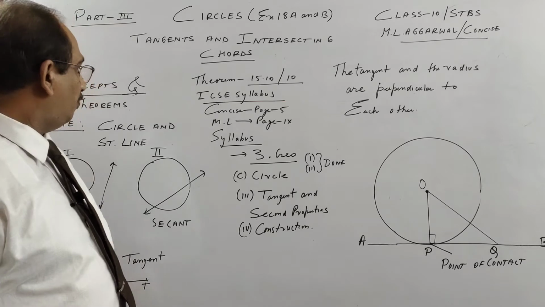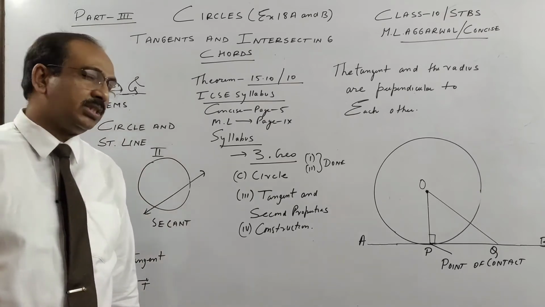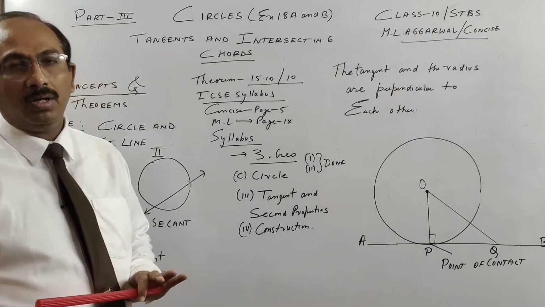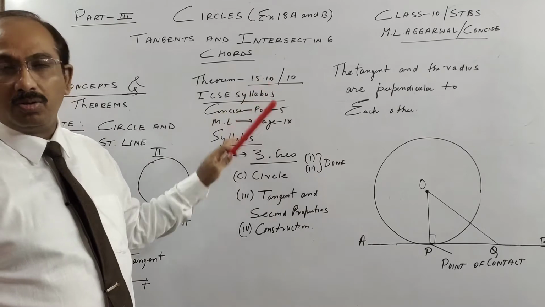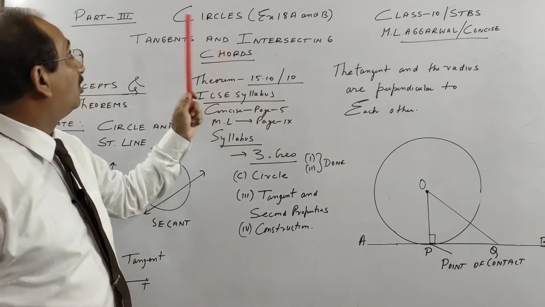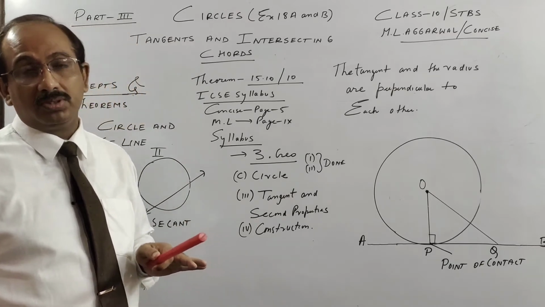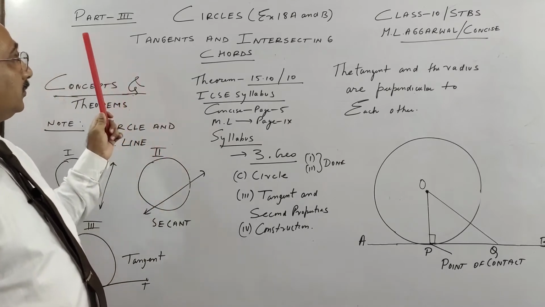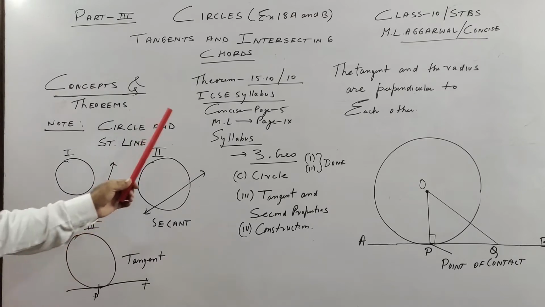Okay, part 3. First let us see a few concepts and theorems. So in this video, children, we are going to do the 6th theorem. The 5th theorem I did in the chord property, which you will see in part 1 of my video. In part 2 I have solved questions based on those 5 theorems, and then in this third part we see first what a tangent is and what the theorems are.